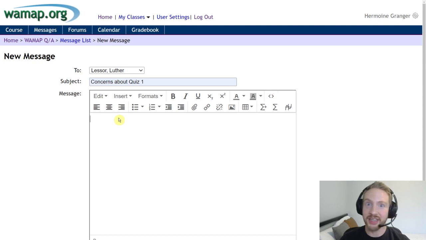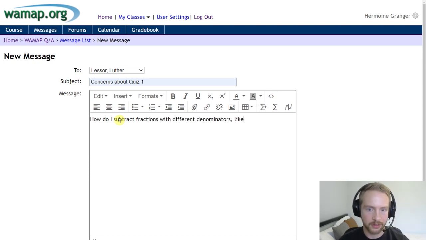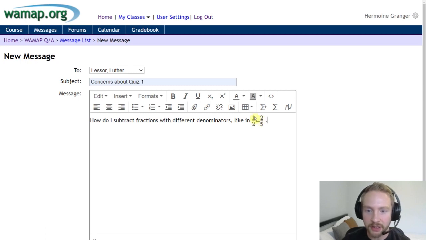If I am entering any kind of message and I want to insert some mathy stuff, like let's say I wrote out this question, I wanted to give an example to my instructor, I can hit the backtick button on my standard keyboard, the button next to the 1, or you can press this sigma plus, and either way, it'll bring up this red box where you can enter math stuff in the same way that you would type out mathematical notation in a WAMAP answer box inside of a homework or something. And then once you move outside of the box, that will display the way you would typically read it. It does show up a little bit fuzzy looking here, but once that message is sent, it renders a little more